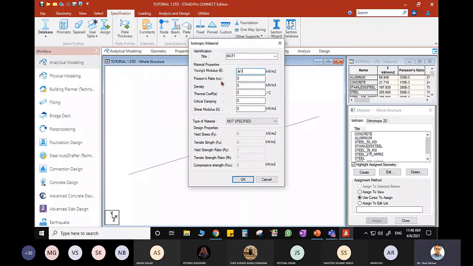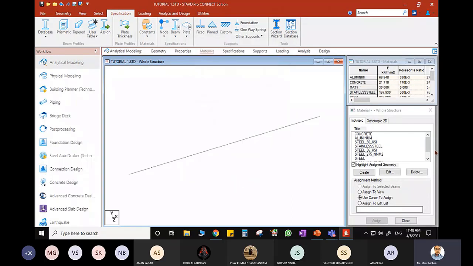I do not know the Poisson's ratio, the density, or the thermal coefficient. Since this data is not given to me for the time being, I'm only entering the modulus of elasticity as my material property, and I'll click OK. And here you can see material1 property has been defined.